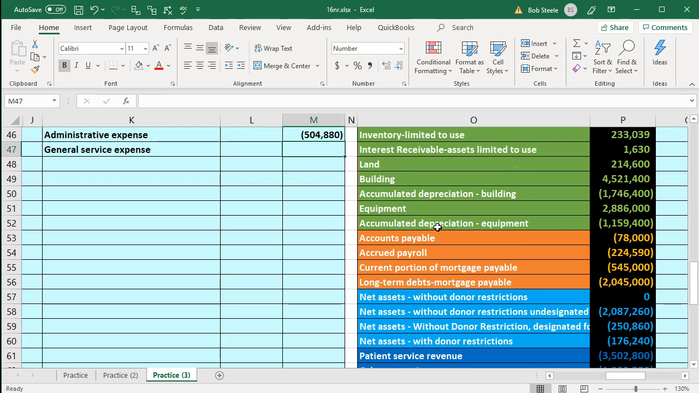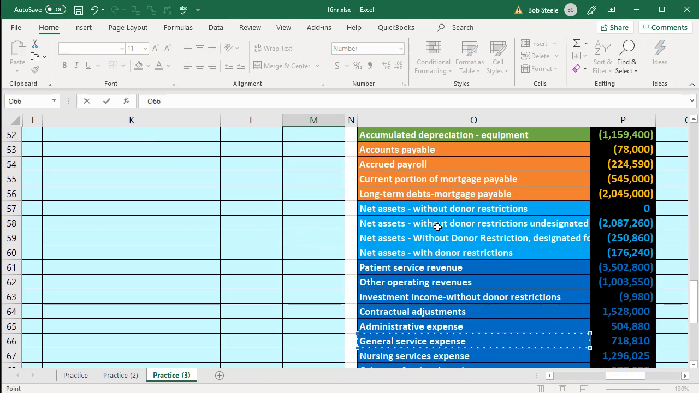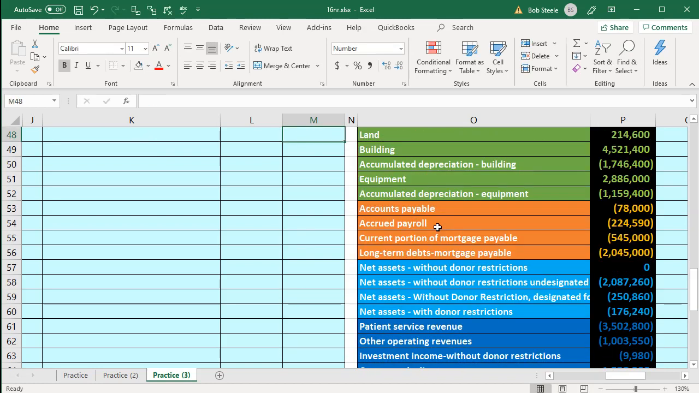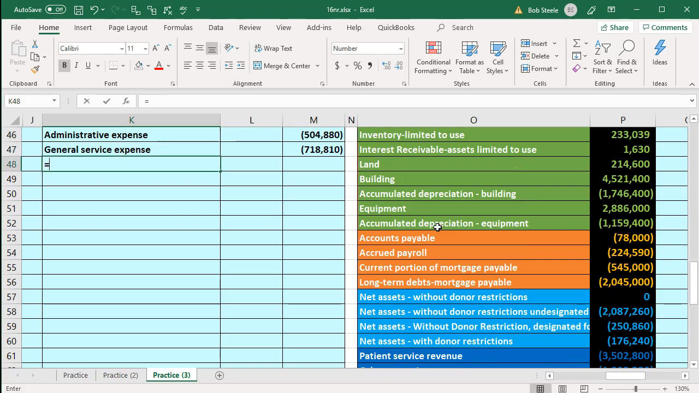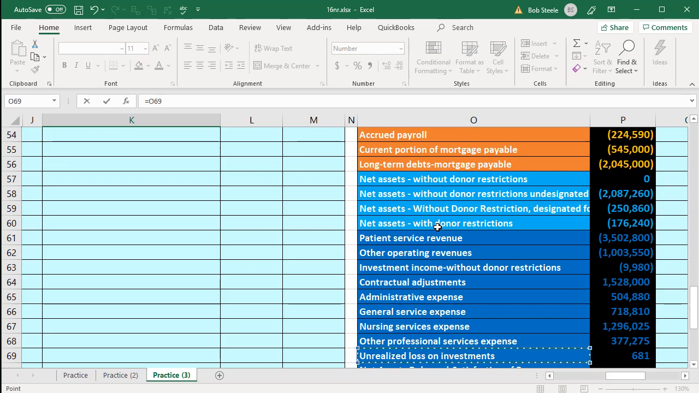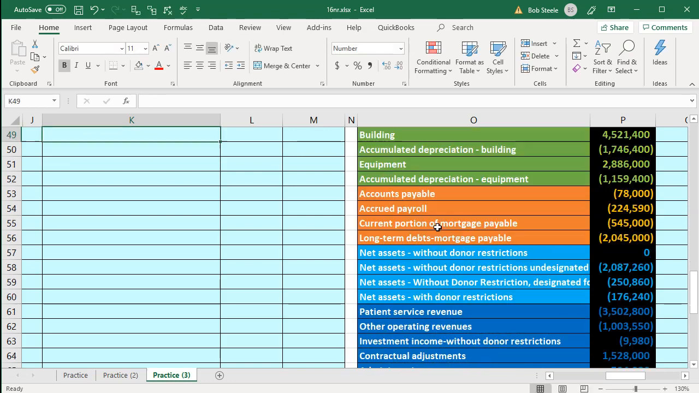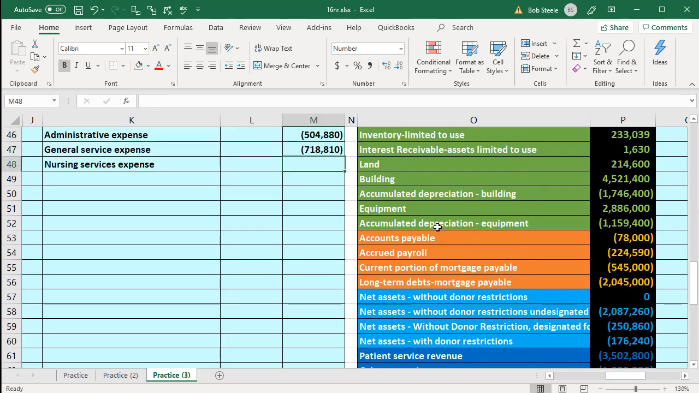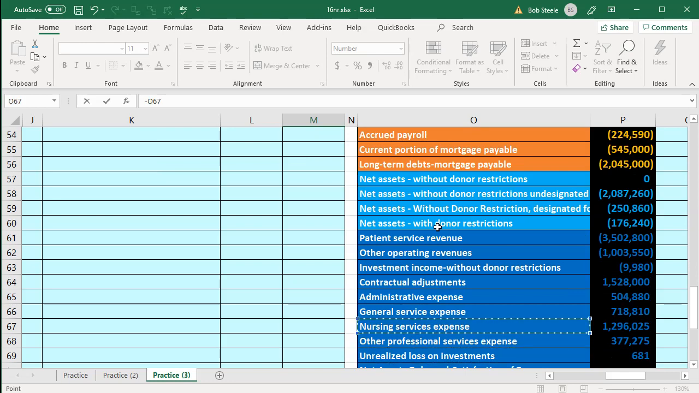We're going to be on the credit side in M47, where we will say negative. Scroll down, and we want the general service expense, and enter. Next, we want the nursing, so we're going to say this equals. Scrolling back down to the nursing service expense. We're going to be on the credit side in M48, where we will say negative of, and scroll back down to the nursing service expense of the